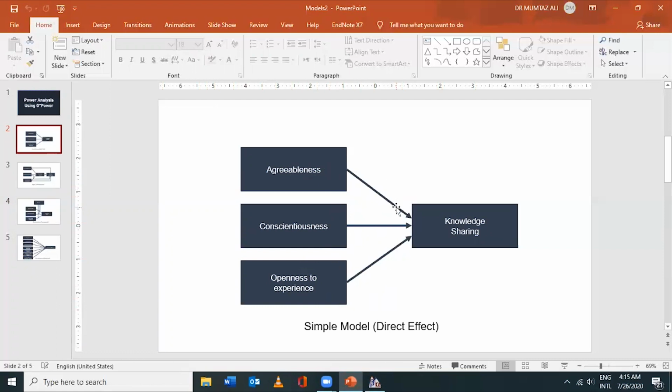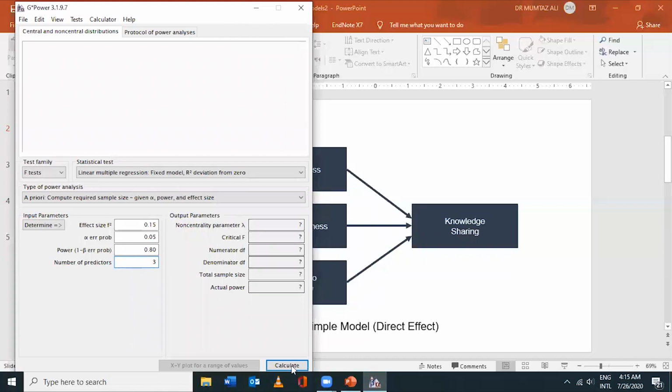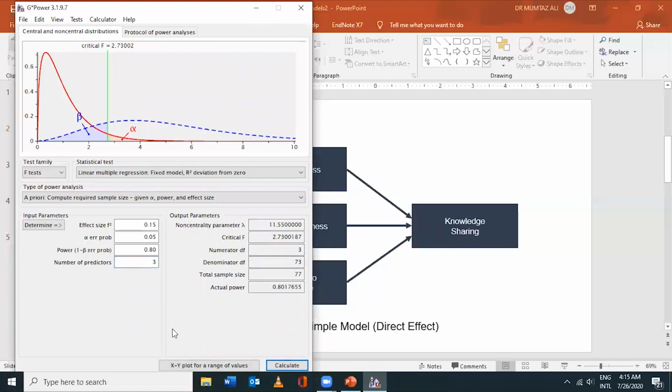So you can easily count 1, 2, 3, one way to knowledge sharing. So we'll put 3 in number of predictors, and then we will press calculate, and the sample size required for such a model with 3 predictors is 77, the minimum sample size. Remember, your sample size should not be less than 77. It must be 77 or larger.